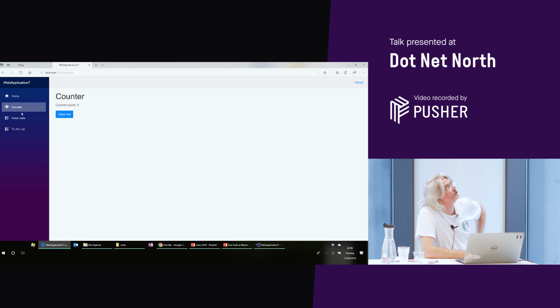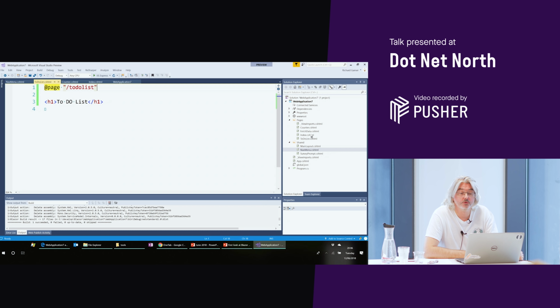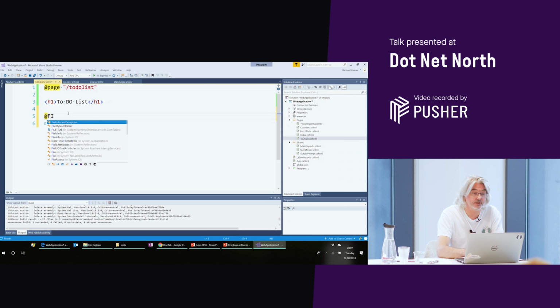So hopefully now we should have a to-do list, which takes us to a to-do list page. So that's just a quickly created new component, and then what we'll do is we'll start to add a bit of functionality. So we have this functions section, and in here I'm going to create a class